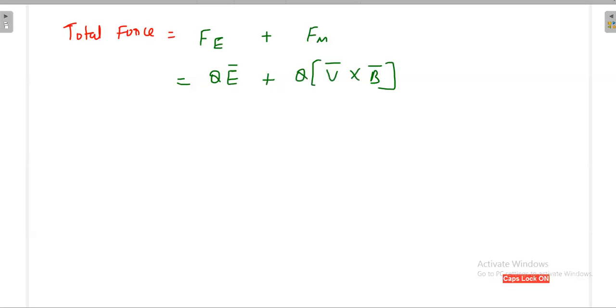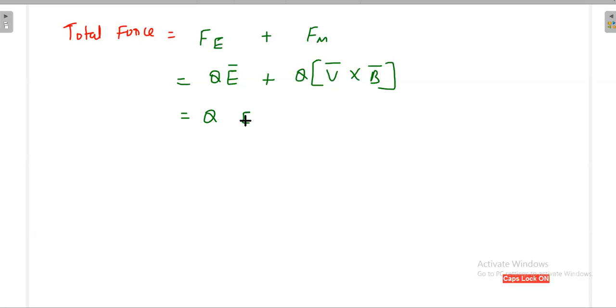See, this V cross B is very, very important. You should not reverse this. You should not put B cross V. Always put V cross B whenever they are giving the direction. Once you reverse it, the direction will reverse. You should be very careful about this one. Sometimes they are confusing with this. If they are giving just magnitude, no problem, you can put V and B anywhere. But once the direction is there, you have to put first V, then B. V cross B.